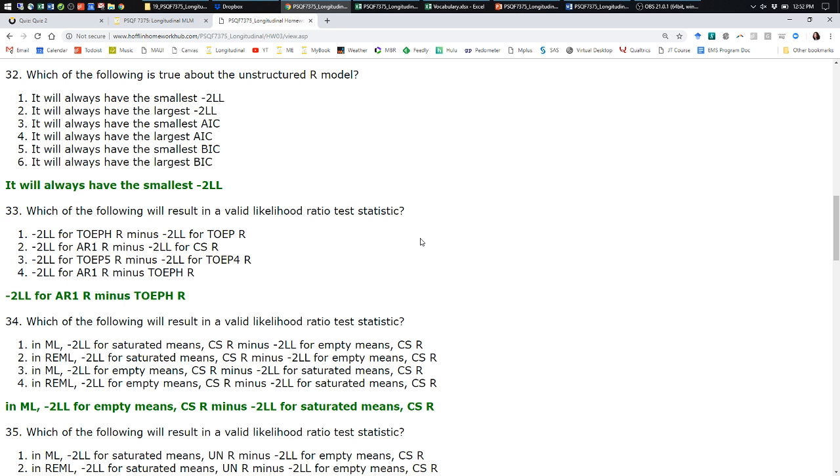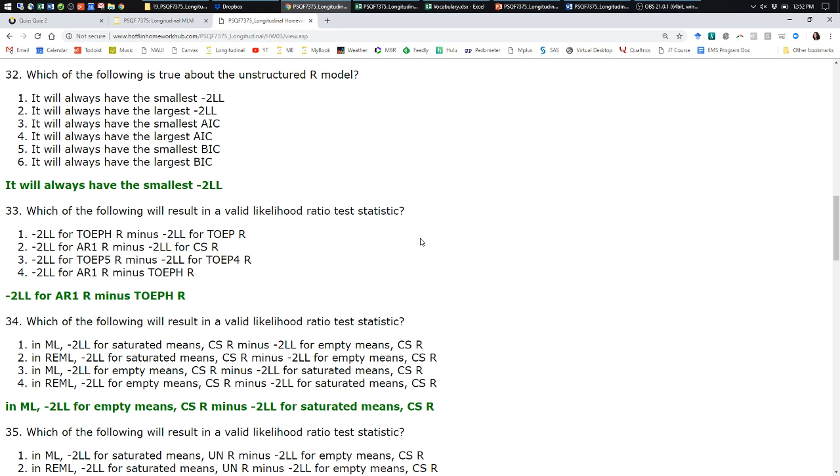So H versus not H. That one is going to fit better, which means this value will be smaller than that one. And so it's backwards. AR1 versus CS. Why is that wrong? Why can't you do that one? They're not nested. They're each 2 parameters. Each of them has a variance, and then one of them has something that predicts covariance, either an autoregressive pattern or a constant pattern.